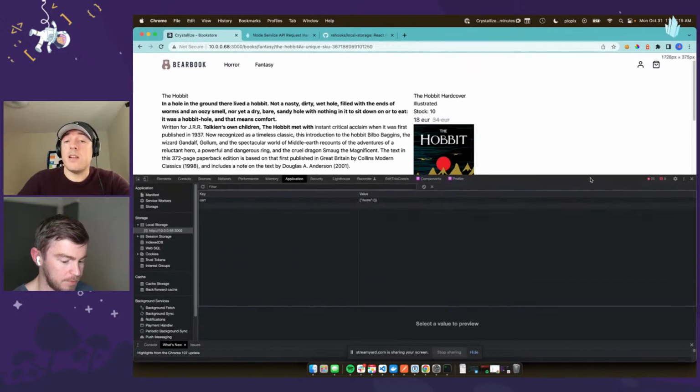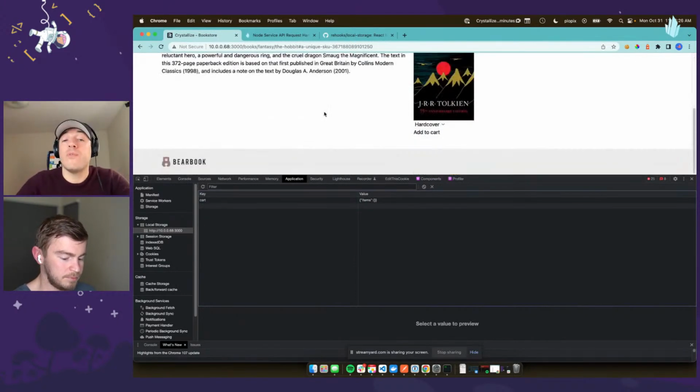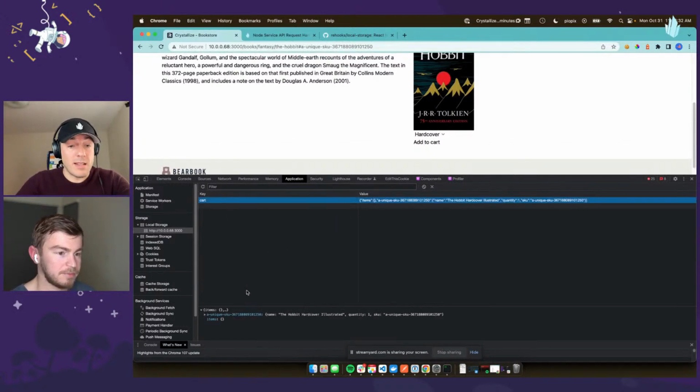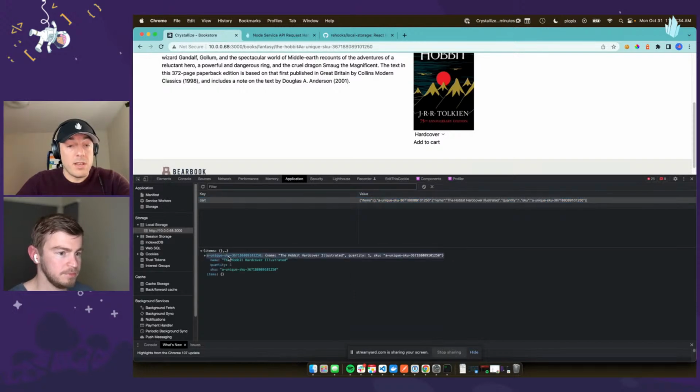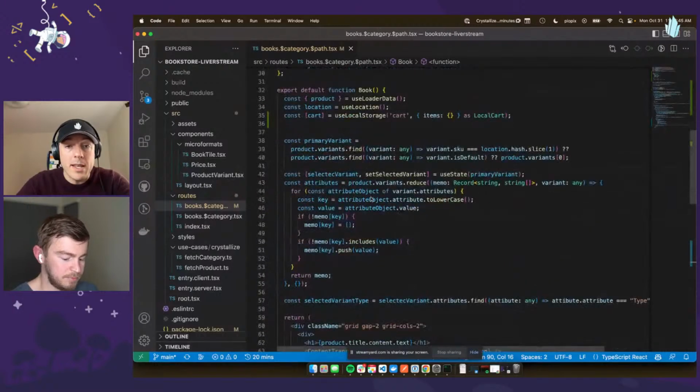Great. So actually the library is listening to local storage changes, which means that if you have different tabs open, everything will be synchronized across tabs, which is kind of a cool feature as well. So now we do that, add to cart, here we go. It was as simple as that. We have the SKU, and we didn't do it perfectly, but we have the SKU, the name, the quantity, and we are missing the price because the price is probably,